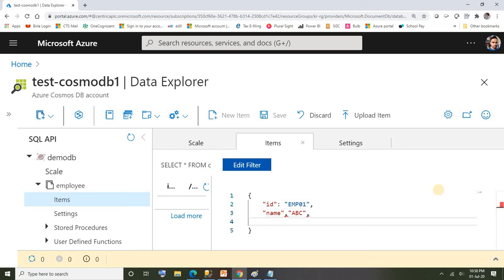Then department, sorry, it should be a colon. Once we create a key and value, then the next key and value will be separated by commas. So this is a key and this is a key with its respective value.